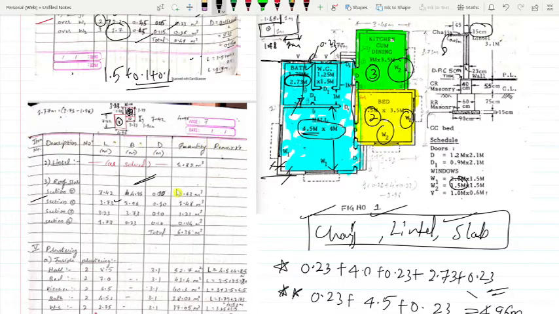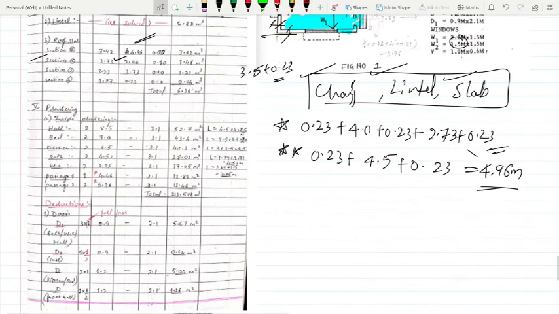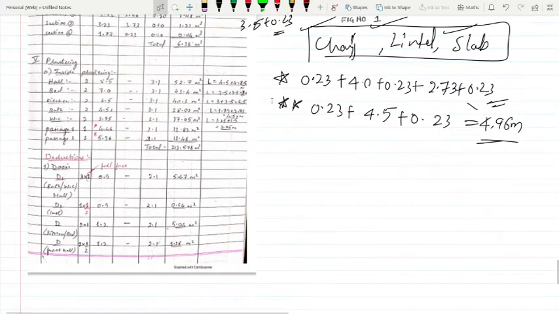So got this, no? Yeah, 3.73. How do you get the 3.73? 3.5 plus 0.23 meters. Got it? Because already we have put concrete here up till here, we do not have to take one more 0.23, only up till here. Got it, no? Understood, Abhishek. We'll move to plastering. If you have any doubt, again you can come back. Don't worry.